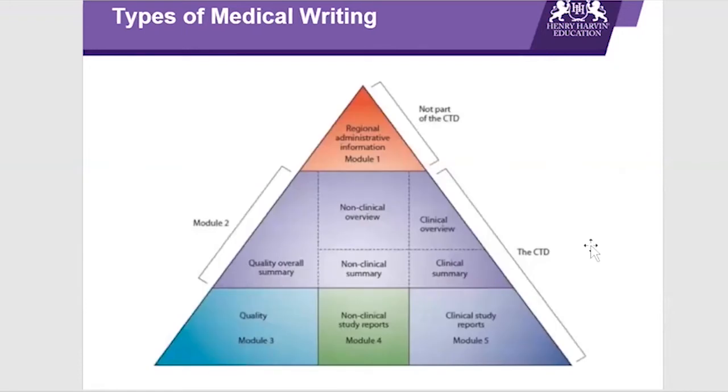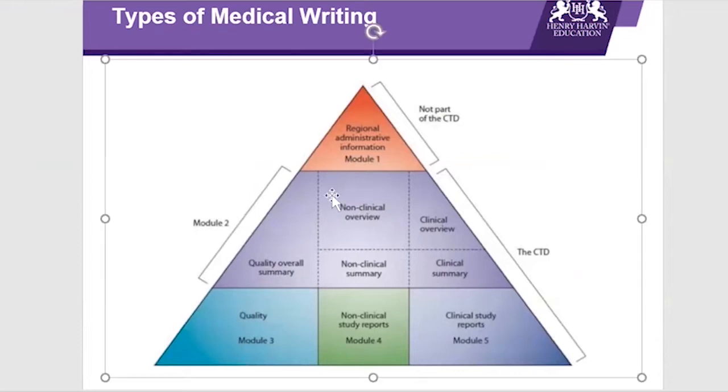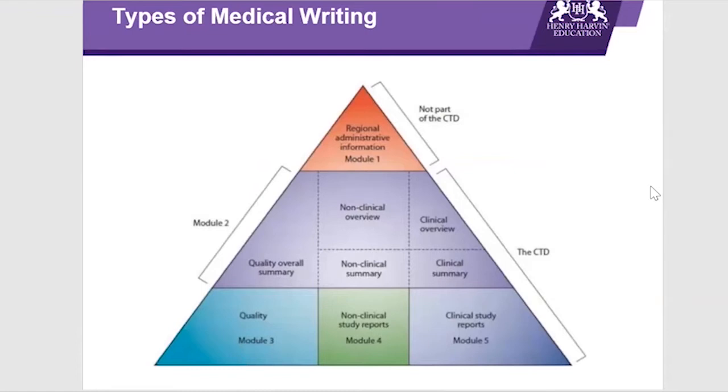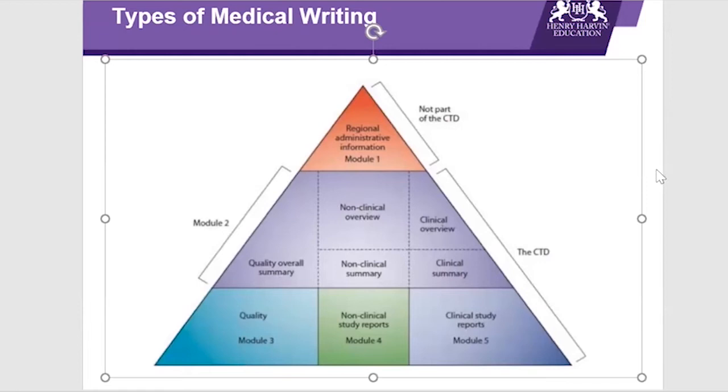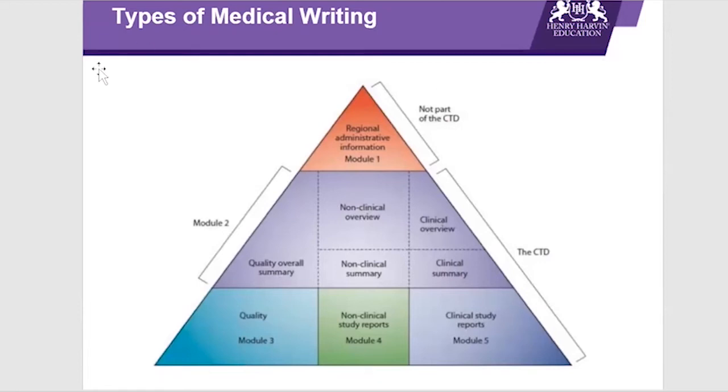No, right? Okay. So this is called a CTD, the Common Technical Document. The structure has also been defined by ICH. So why do you need such a structure? As we have seen, it's a huge amount of data from preclinical, that is non-clinical, to clinical. So the data is arranged or published in this structure, called the Common Technical Document structure.